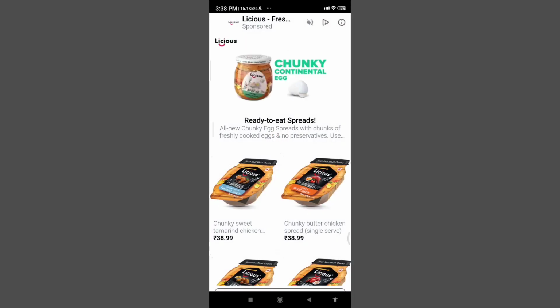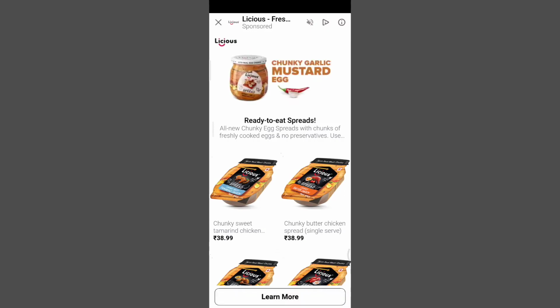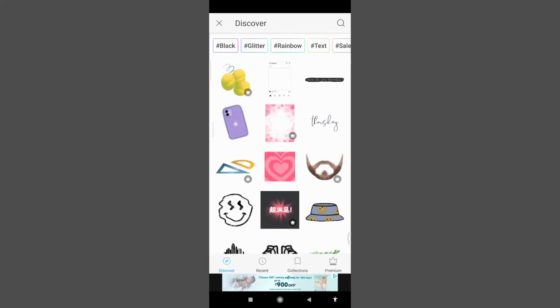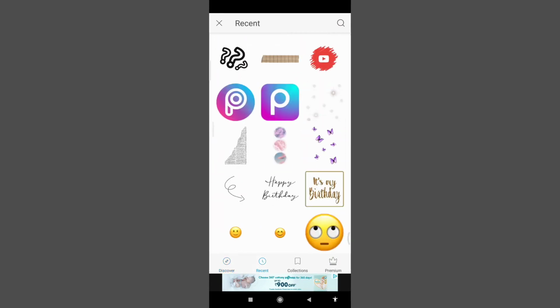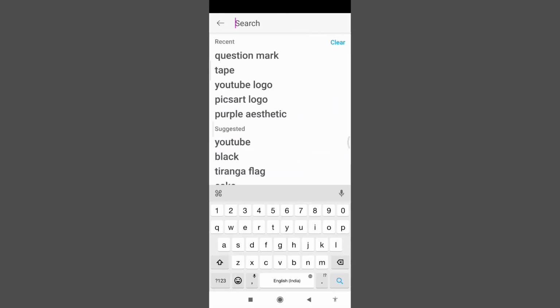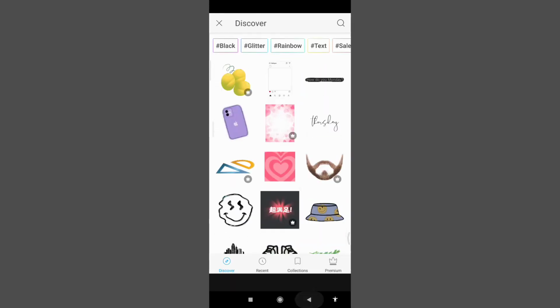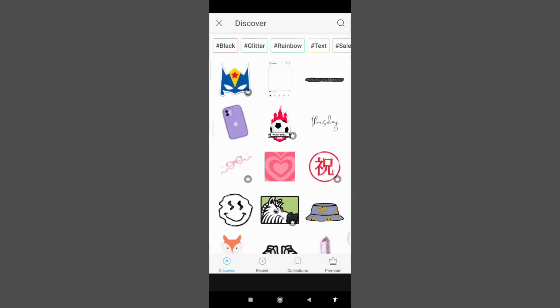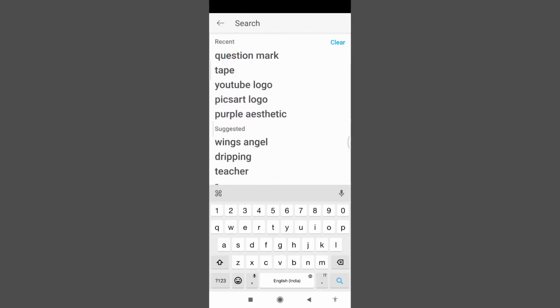Ads, I hate ads, literally. Okay, now I have selected it. You can even add more stickers to it. If you find it cool, then fine, but I feel it is a little bit not sufficient for the logo. I'm searching for a like button, that thumbs-up hand you use when you say all the best or something like that.